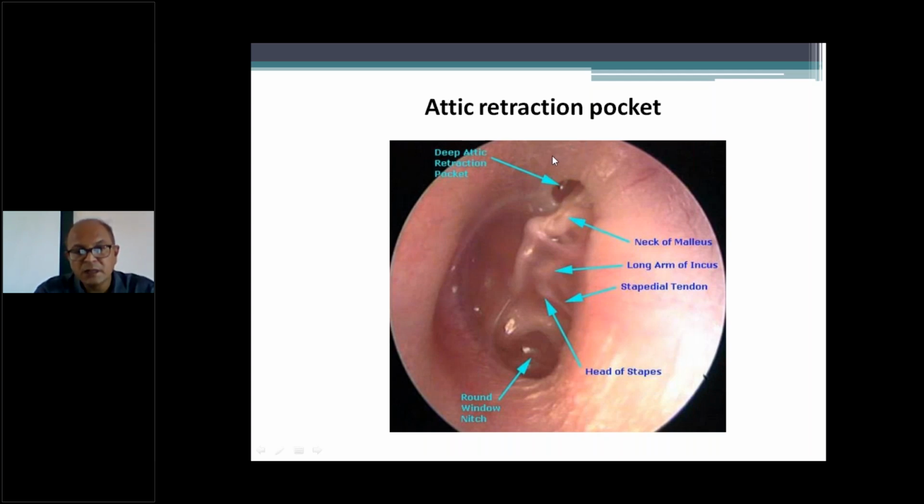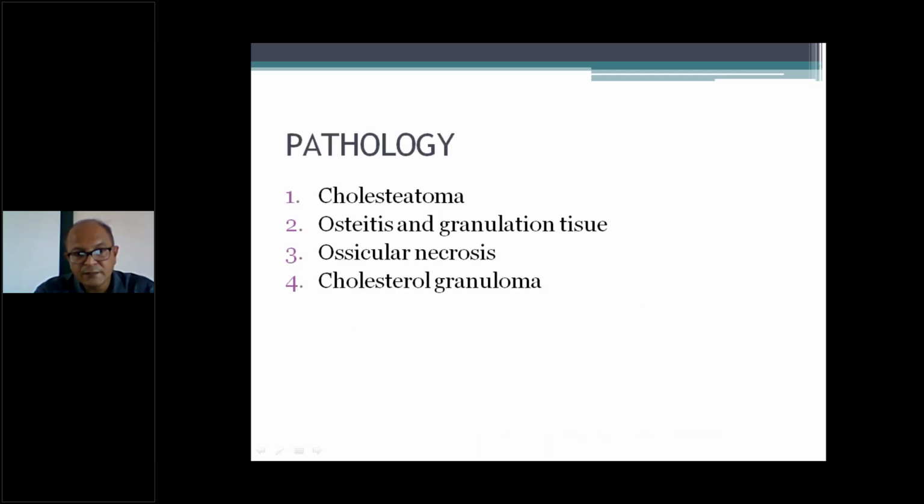So the cholesteatoma which goes into the Prusak space starts here, then goes into the superior incudal space, then into the aditus ad antrum, and then into the mastoid antrum. Or sometimes cholesteatoma which starts in the Prusak space may go into the anterior epitympanum. The common route is from here to the posterior epitympanum to the mastoid antrum. But sometimes you may get a cholesteatoma extending posteriorly as well as going anteriorly into the anterior epitympanum.